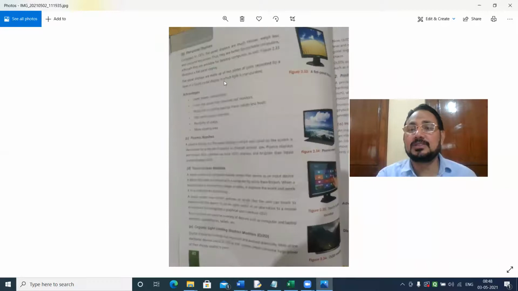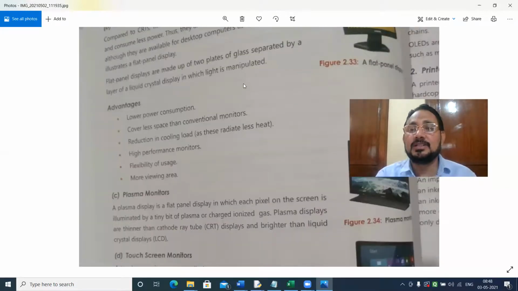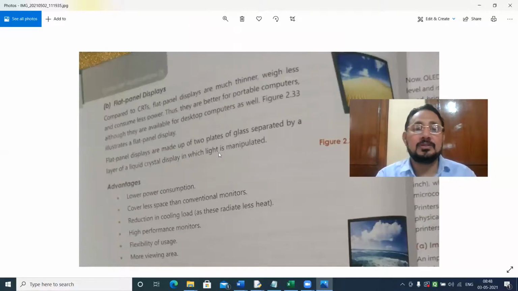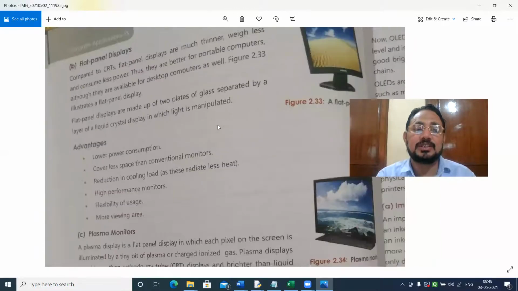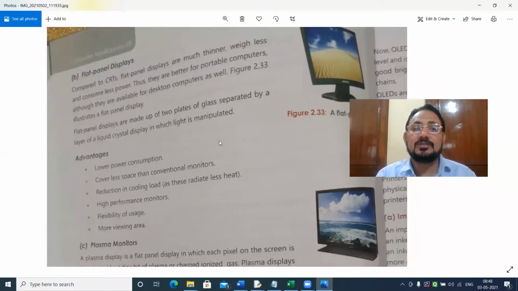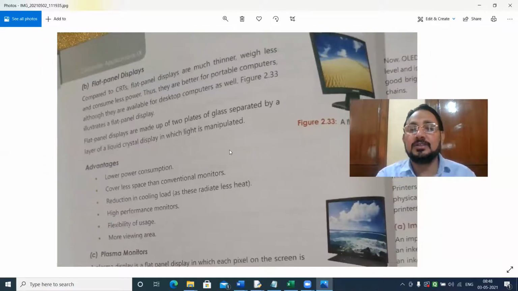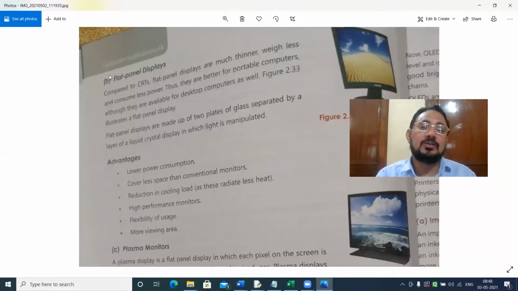In previous, older systems, we were having this device. Nowadays, we are having flat panel displays, plasma displays, touch screen monitors, LED, etc. Flat panel displays compared to CRT are much thinner, less in weight, and consume less power.